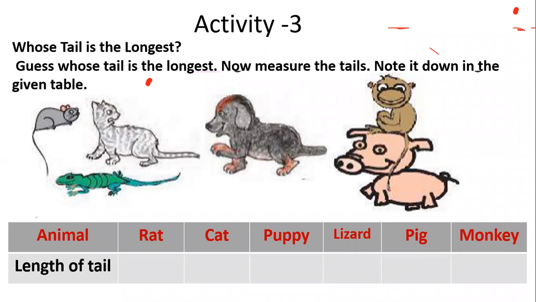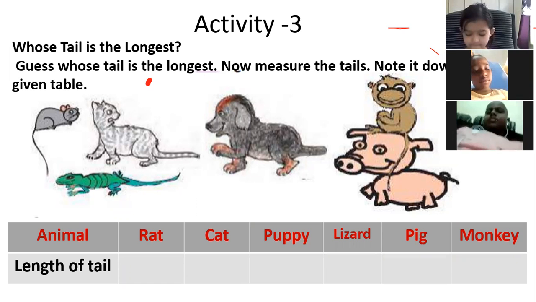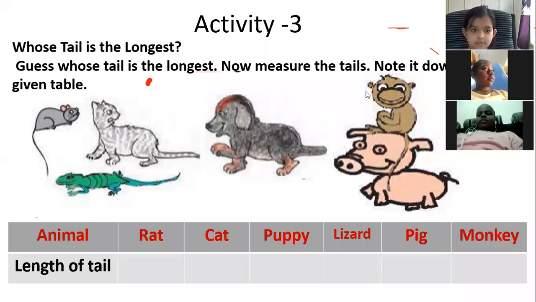Sir, cat is okay, but how about pig and monkey? That's why I'm not giving homework. Monkey is very easy to catch. In your class, more than 50% are monkeys only. In 5th B, more than 50% are monkeys only. No, sir, 0% monkeys, sir. We are all humans. I said 50% of the students are monkeys without tail. Okay, the question is about tail. Sir, no monkey will be without tail.